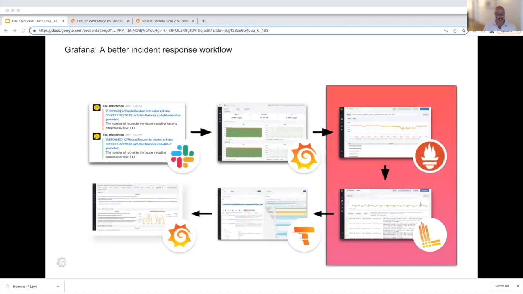And what this results in is a much better workflow from the operator. It's possible you get an alert in Slack. You might log into your Grafana and you see your dashboard, and there it is right in front of you that there's a problem. You can go directly to your Prometheus data source, for example, and look at the metrics. Because of the correlation that we have between the metrics and logs, you can very quickly move in the same window over to your logs and correlate, hey, I have a metric, I have a log. And then if you're instrumented for tracing, for example, you can go into Tempo traces and look at your traces